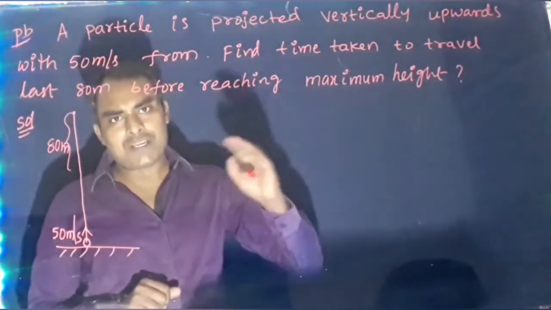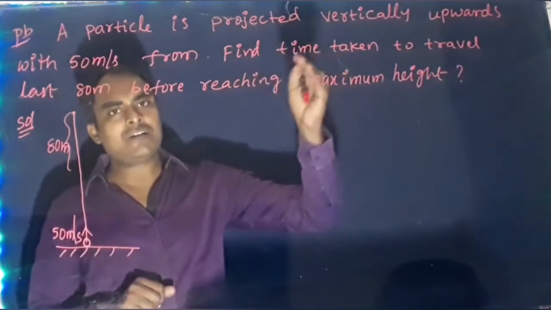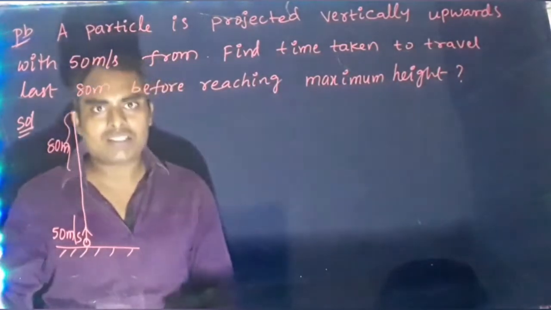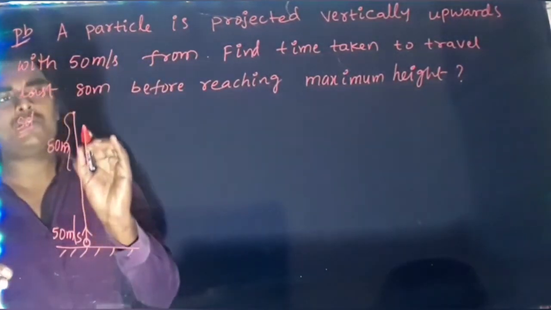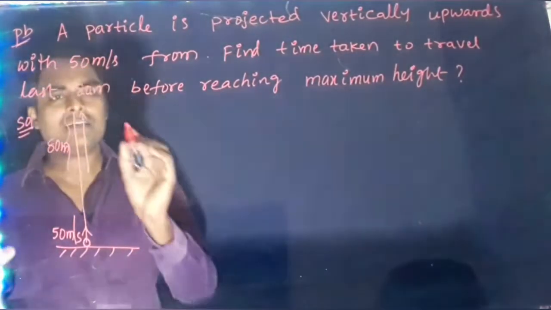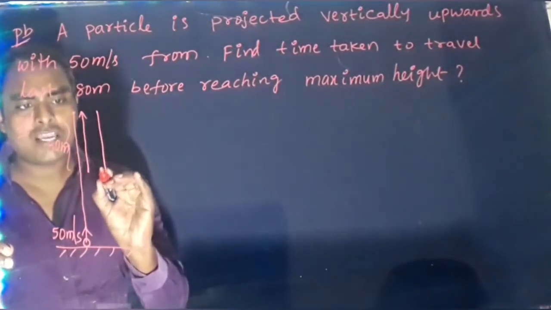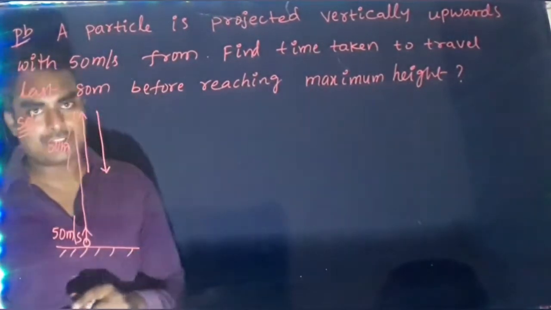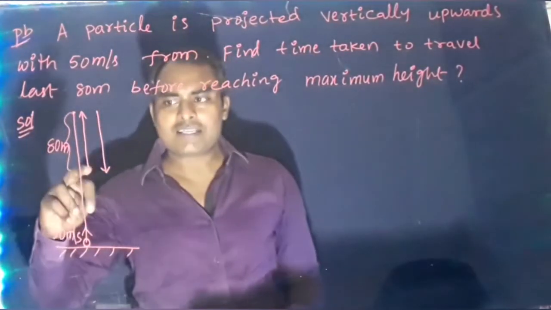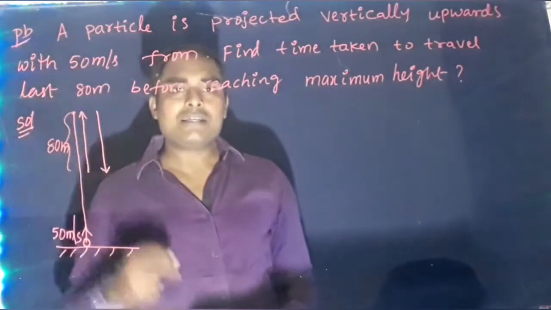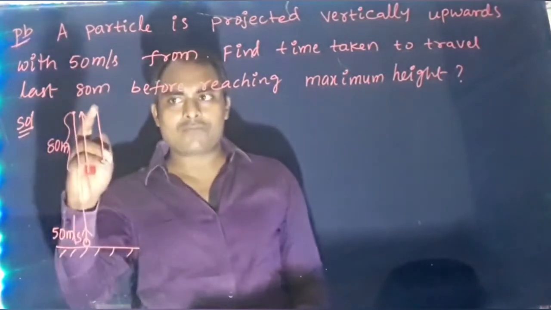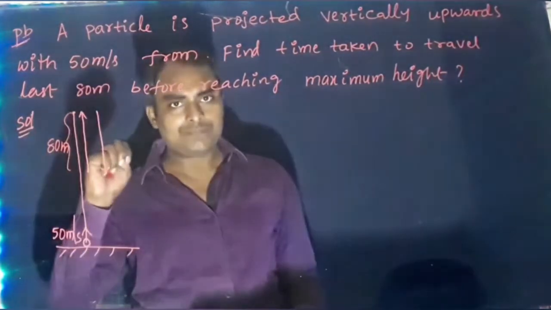As we know, time taken to go up is equal to time taken to come down. Time of ascent equals time of descent. So they are actually asking the time taken to travel this distance going up. But let us calculate the time taken to come down the same 80 meters from the same final point. So we will find while coming down. They are asking while going up, but both the times are equal. Calculating time to come down is easy because while coming down, the initial velocity is 0.